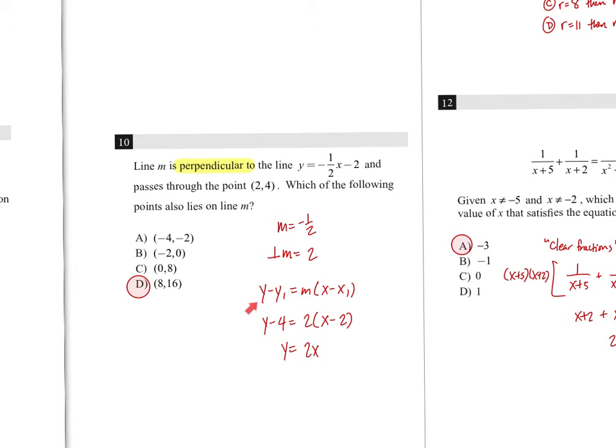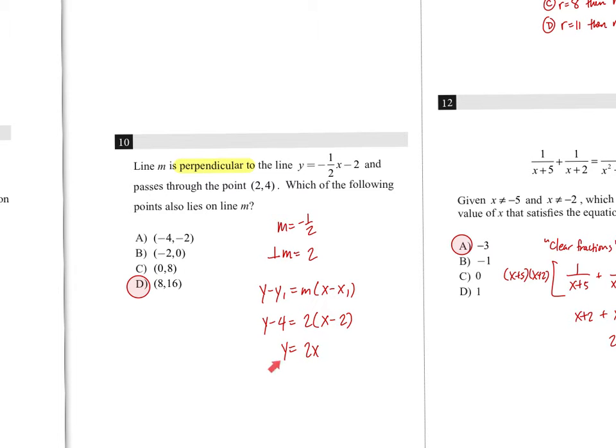And this is a place where you can use the point slope form of a line pretty conveniently. So that's what I did over here. You could also take x equals 2 and y equals 4 and plug it into y equals mx plus b. You know the perpendicular slope is 2, plug in x equals 2, y equals 4, solve for the b, and then once you solve for the b, you can check your points by plugging them in and see if anything works out to be